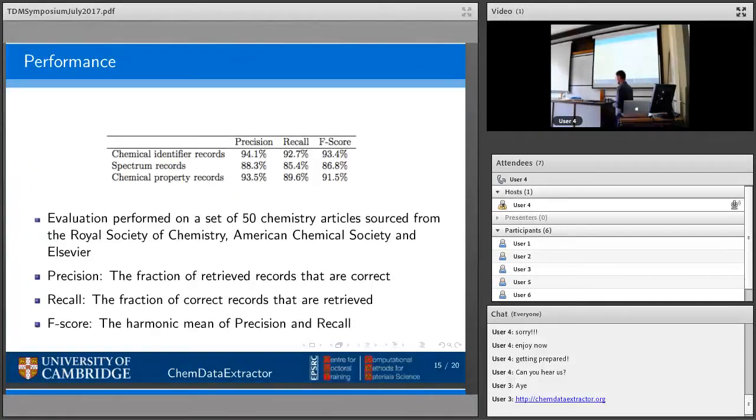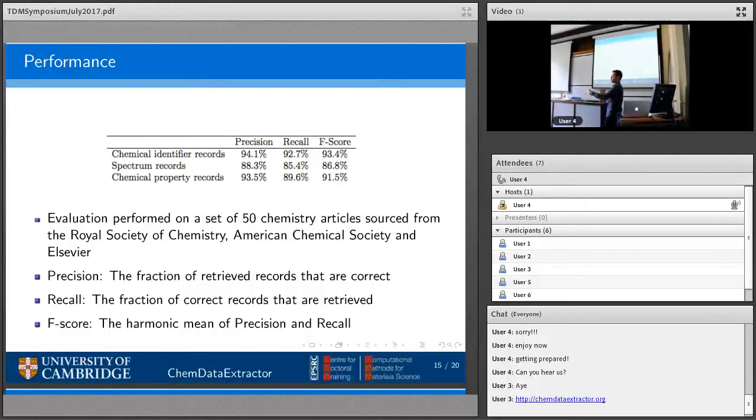How well does it perform? Well, to do an evaluation, we have to generate a sort of gold standard database. We take 50 randomly chosen articles from Elsevier, Royal Society of Chemistry, and the American Chemical Society, and we read them manually, we extract all the chemical records, and we create this gold standard. We then compare that to the ChemDataExtractor produced database, and we evaluate in terms of 3 metrics: precision, recall, and F-score. So precision being the fraction of correct retrieved results in the ChemDataExtractor database, recall being the fraction of the total number of gold standard